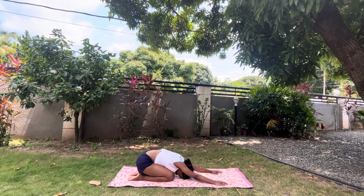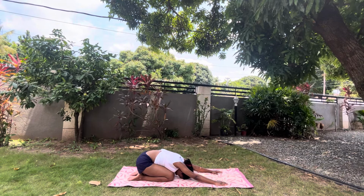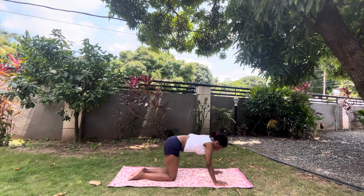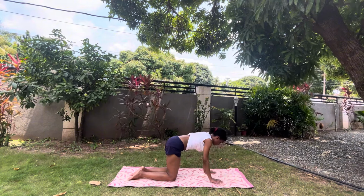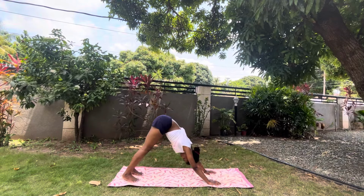Take a couple deep breaths here. Inhale and exhale. Doing great. On an inhale, come back up to tabletop. We're going to curl the toes under and we're going to send the hips up and back into our downward